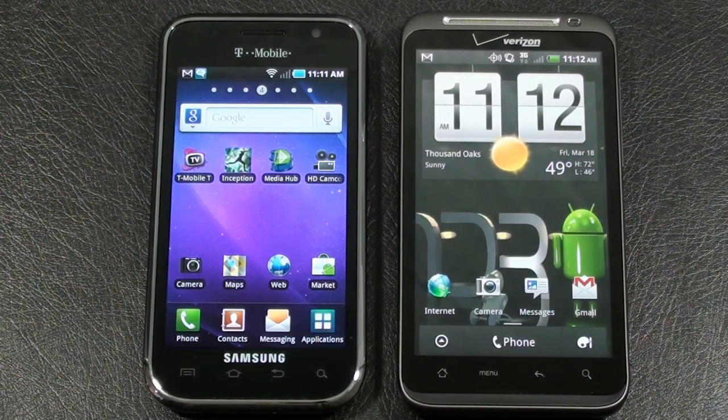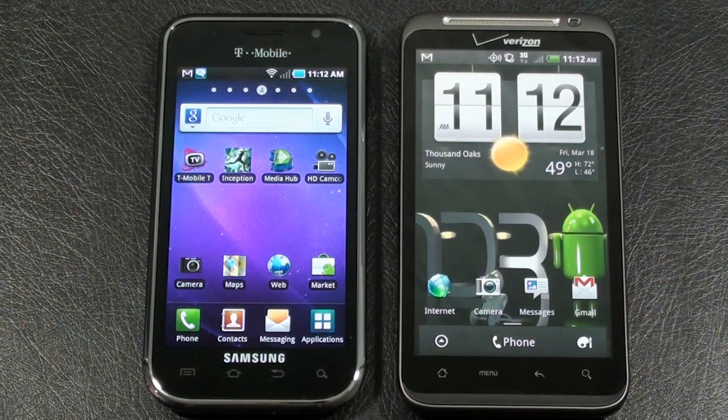All right, let's continue our face-off. Take a little closer look at the user interface on our two contestants, Galaxy S4G and HTC Thunderbolt. They both operate on Android 2.2 Froyo as an operating system. They both have different user interface overlays. Samsung Galaxy S4G uses Samsung's TouchWiz 3.0, and the HTC Thunderbolt has HTC's, God, that's hard to say, Sense 2.0